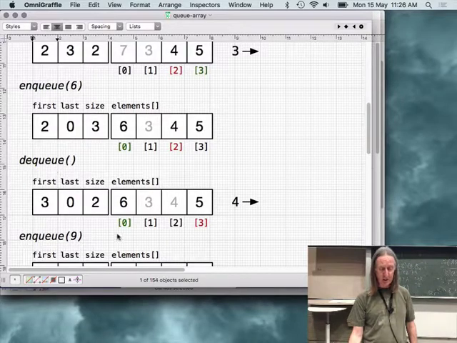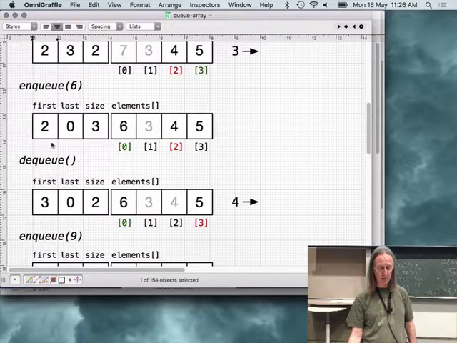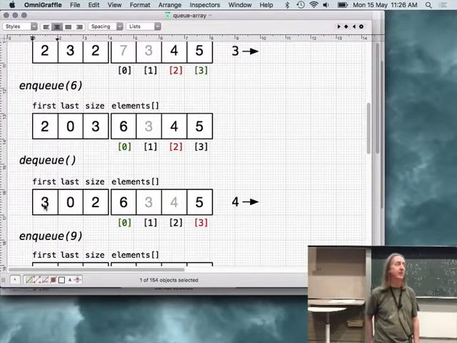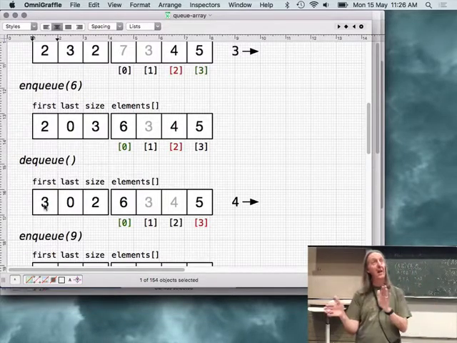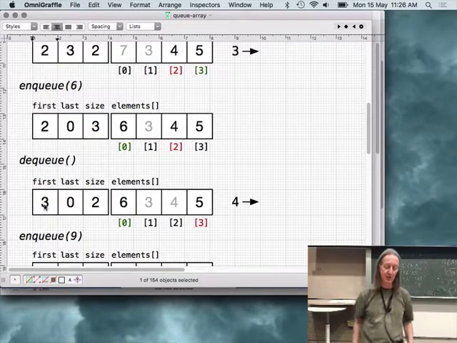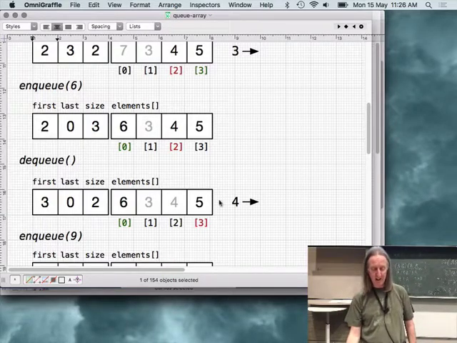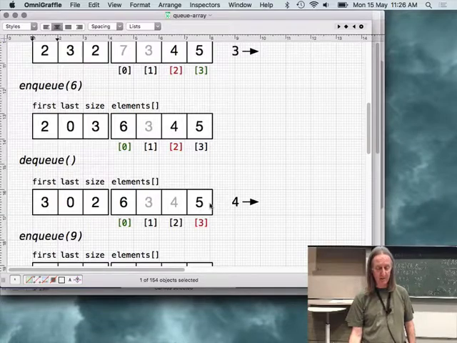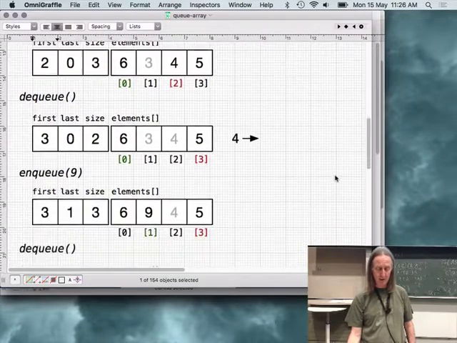Alright, if we do a dequeue, we remove 4, that leaves the queue, we advance the head pointer, and we've got one less item in the queue, so size drops by 1. First advances by 1, potentially wrapping around. In this case, it doesn't wrap around, so the head of the queue now becomes 5.